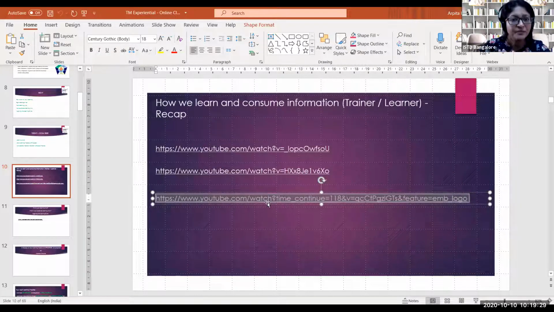So that person who is an evaluator is also a learner, is also a trainer, right? So the way he or she will consume and retain that writing of yours is something that you have to consider to make your paper stand out. You will use different color combinations to make it look good. Not just look good, but also make it appealing for the reader. So it's a mix and match that you apply.